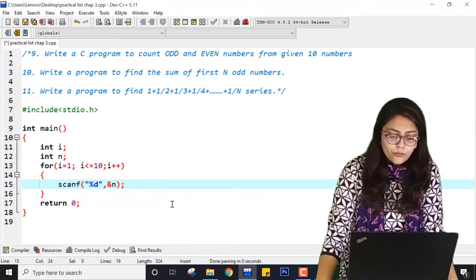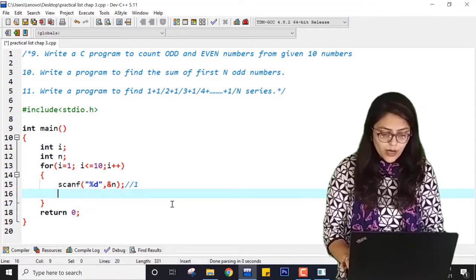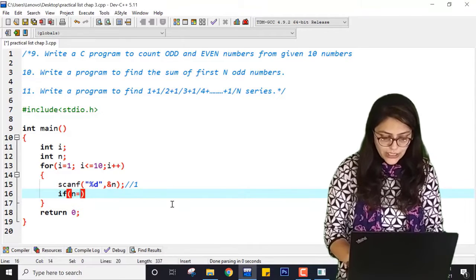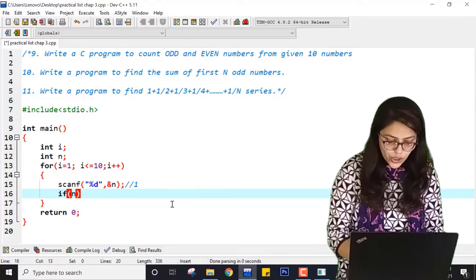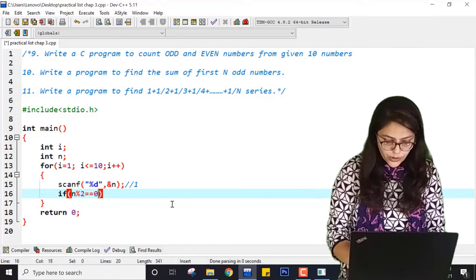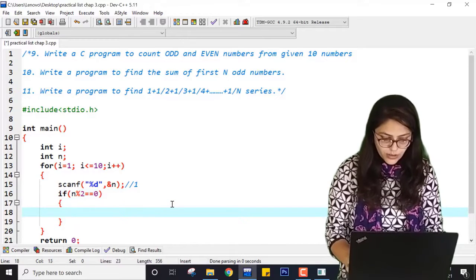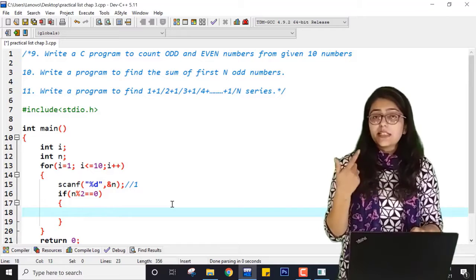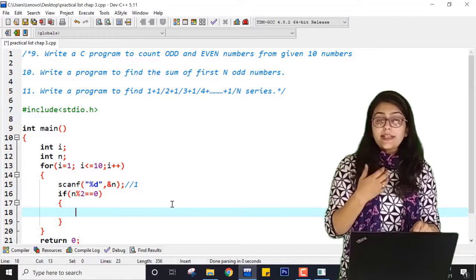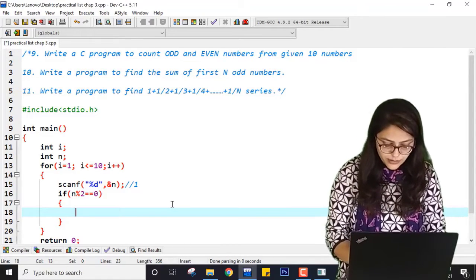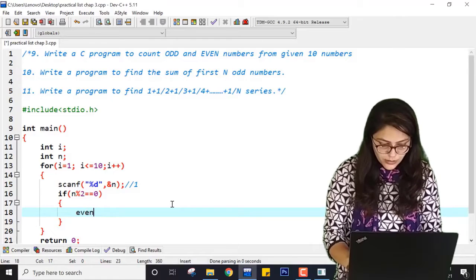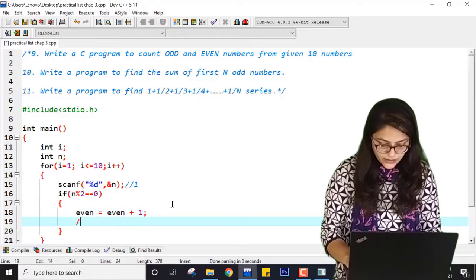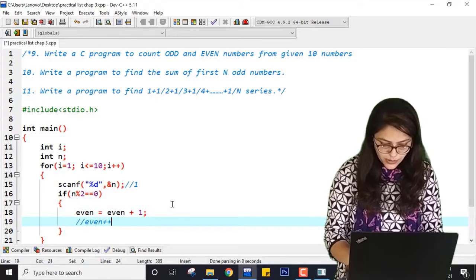Once a number is entered, I'm going to check whether it is odd or even. If n modulo 2 equal to 0, that means the number is even. But I don't want to print that the number is even. I want to take the count. So I am writing even equal to even plus 1, or you can also write even plus plus.